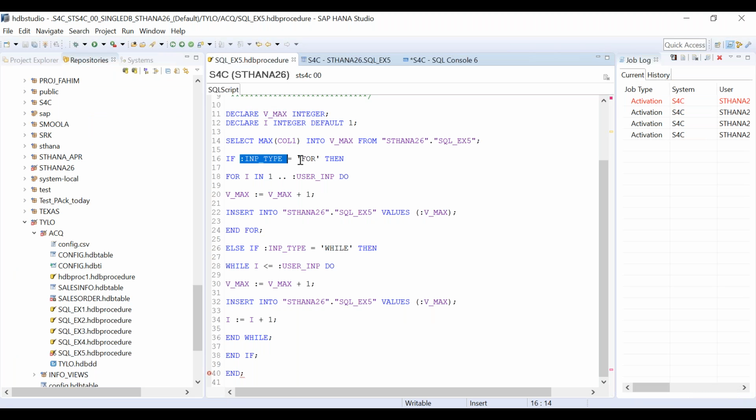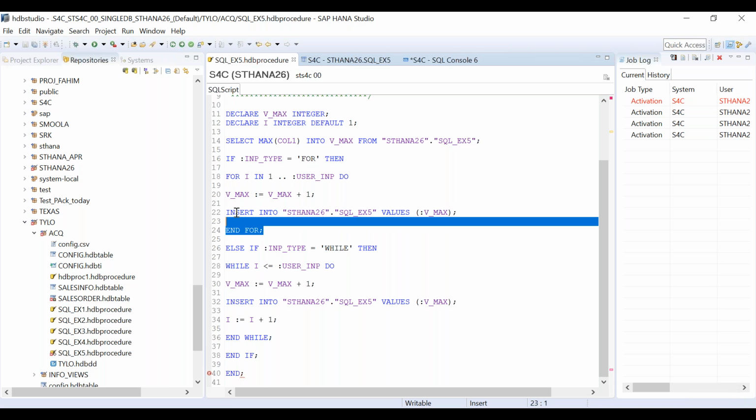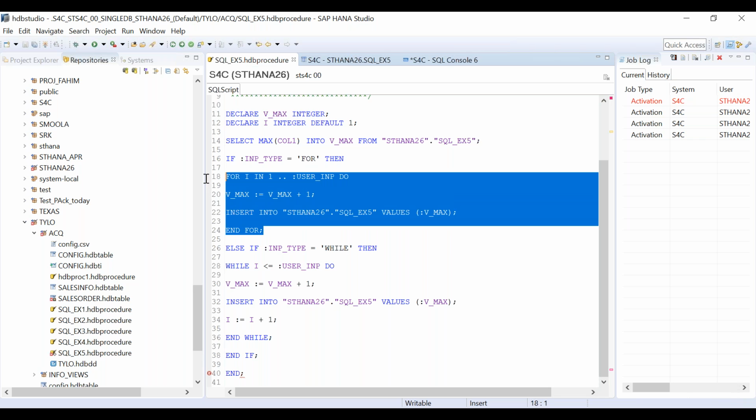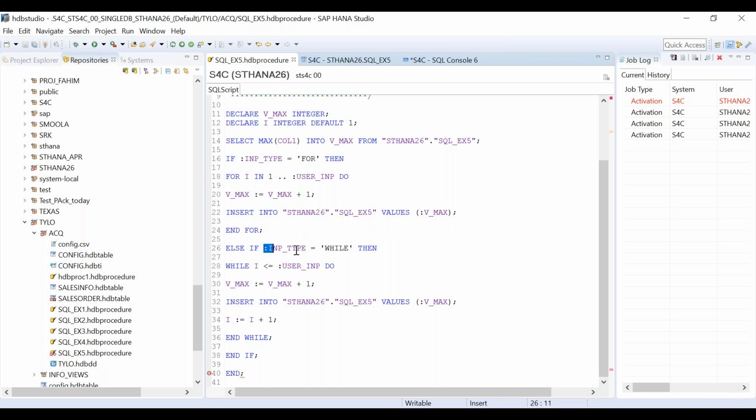So if condition is done, for. Okay, I think it is looking for an else condition, maybe. One minute. So what I'll do, I will write else. Yeah.